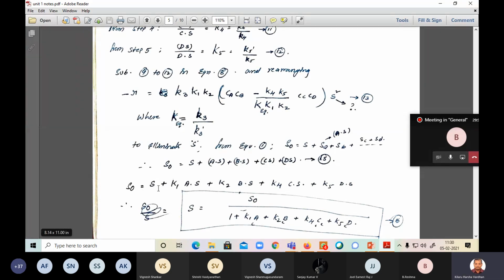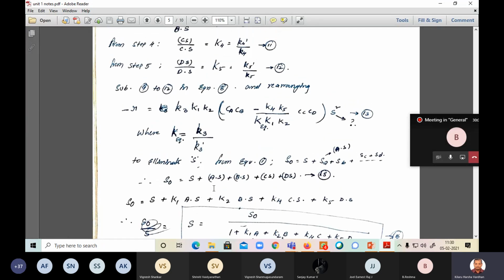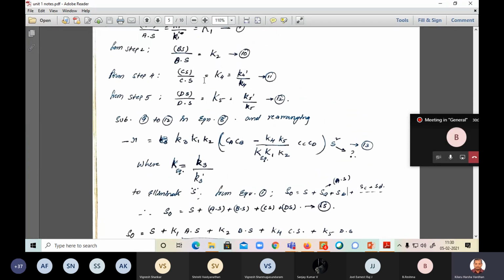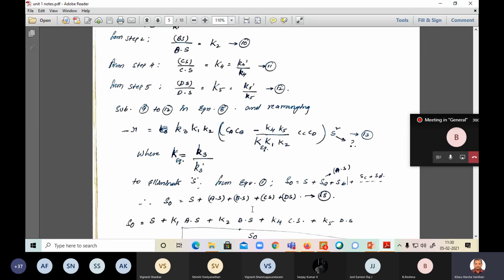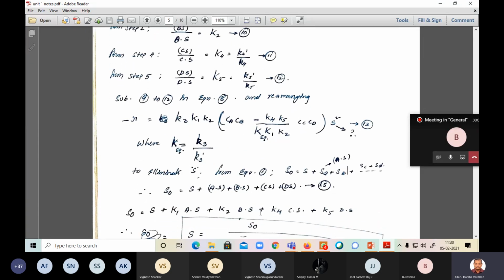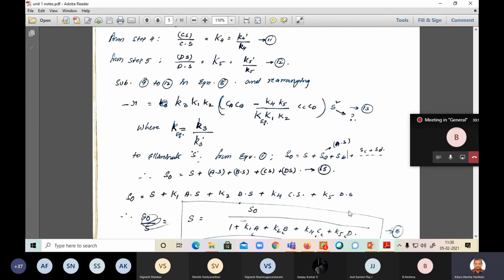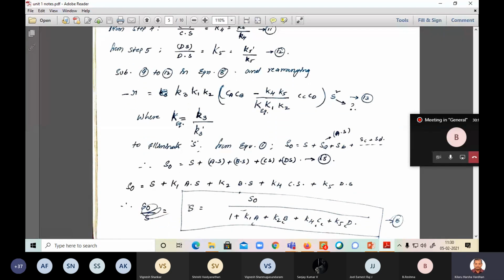So S naught is equal to S plus AS. Now you see, AS we again substitute: AS is nothing but K1 into A dot S, and K2 like that. So from this, if I take S common, because everywhere S is there,